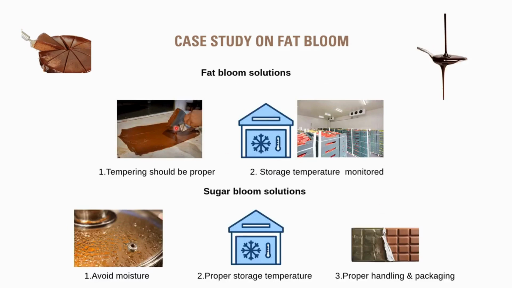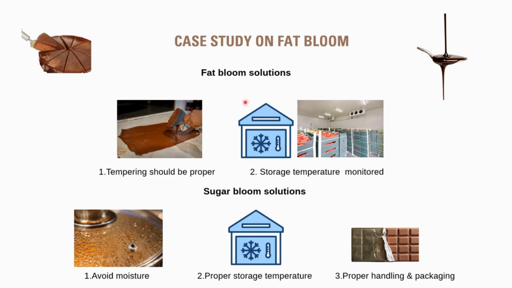So, what are some of the steps that our cheesecake manufacturer should implement to produce bloom-free cakes? From the previous slide, it is evident that bloom can occur either due to compositional factors, processing conditions, or storage conditions. So, we have to ensure that necessary precautions are taken during each stage of manufacturing. For fat bloom, tempering should be done properly. Both under- and over-tempering can result in generation of unstable polymorphs. We need to ensure that cocoa butter is in beta 5 polymorphic form throughout the shelf life.